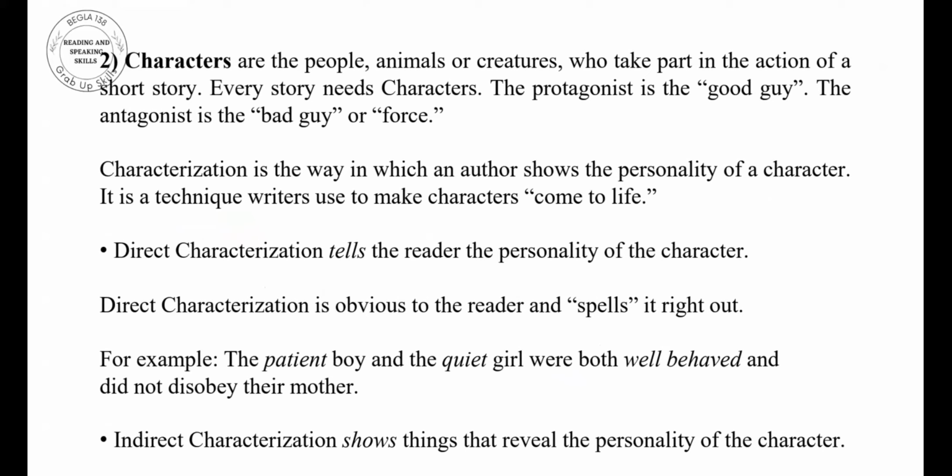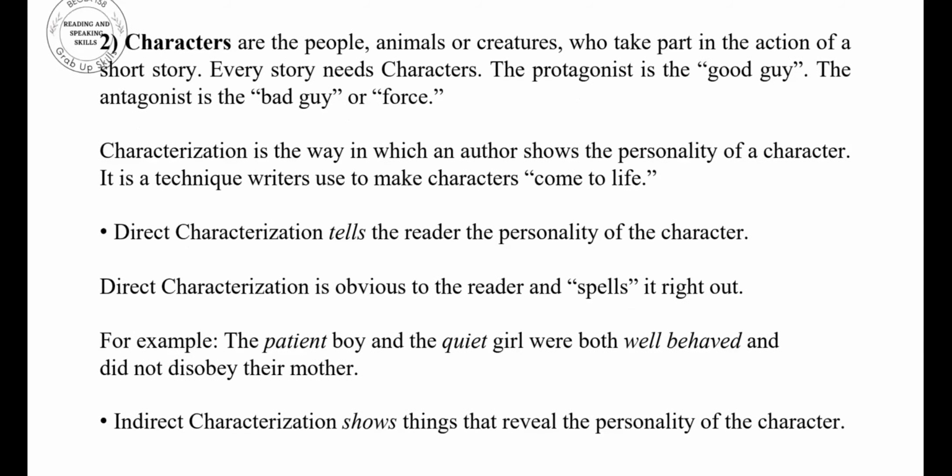So here, protagonist is a name which tells us the good guy. It is direct characterization, explaining and telling the character. It gives the character name as the good guy and the bad boy. The antagonist is the bad boy or the force. His actions are bad. That is what the character explains here. Direct characterization is saying he is a good boy or a bad boy, explaining directly. But indirect characterization reveals the personality before the character. It tells, oh, he's not like that, but still he's